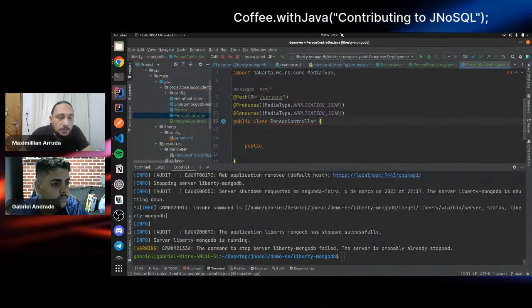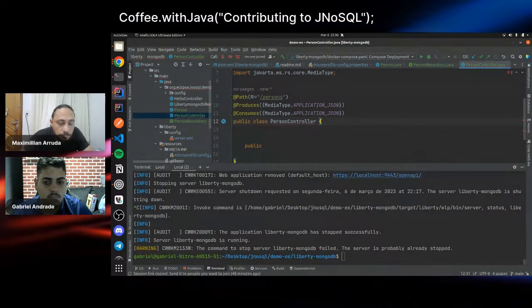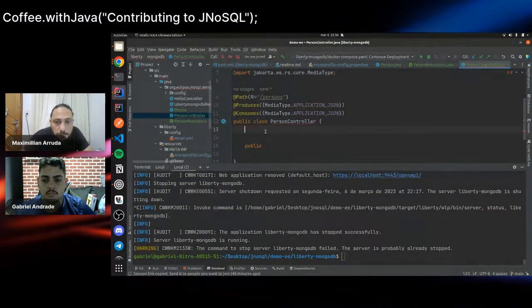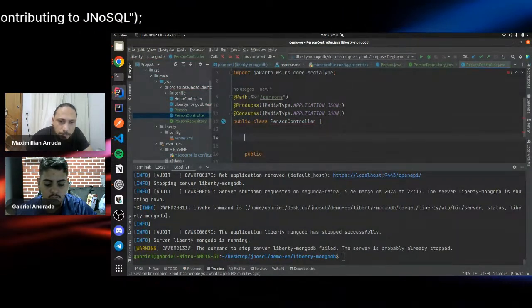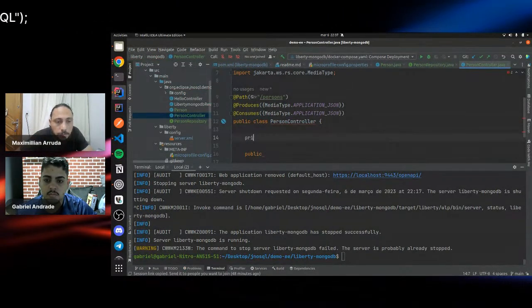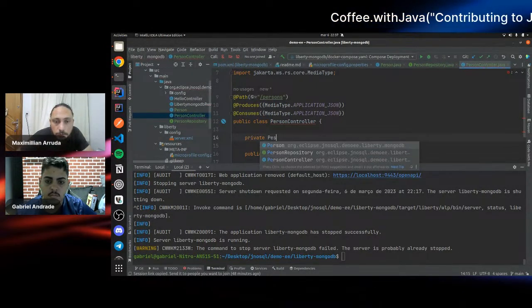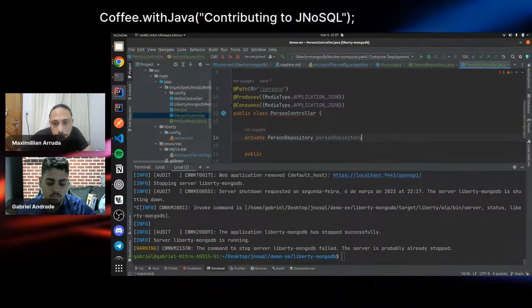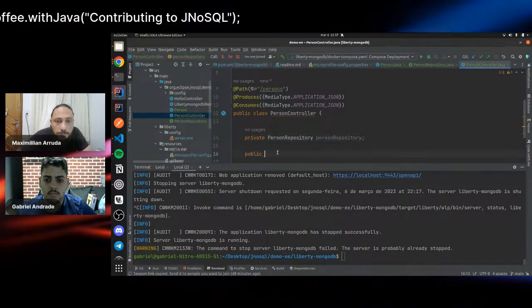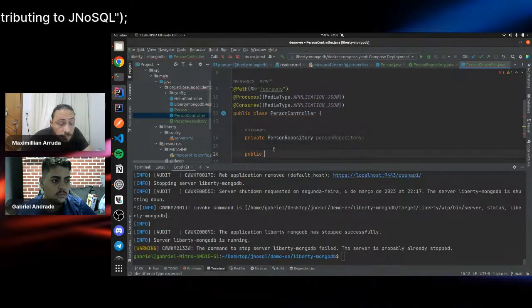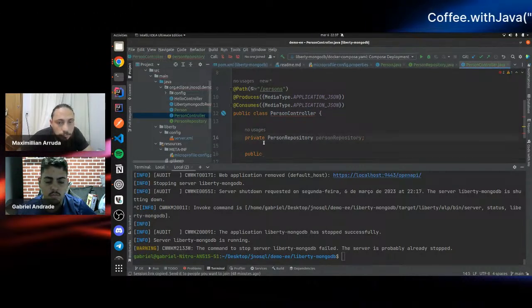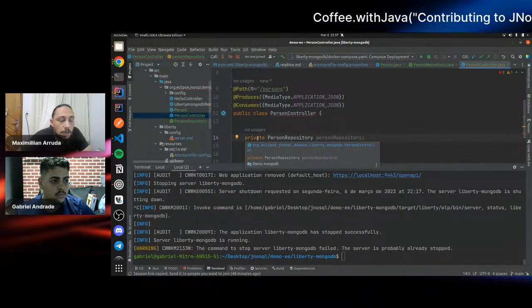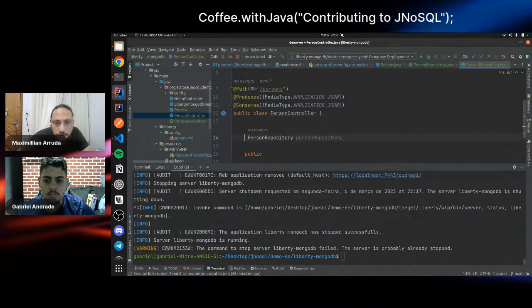Let's add an attribute to this class that will be the person repository. It's very similar to what we do when we create a controller in Spring. Add the person repository, but instead of annotating with Autowired, you will annotate with the @Inject annotation.